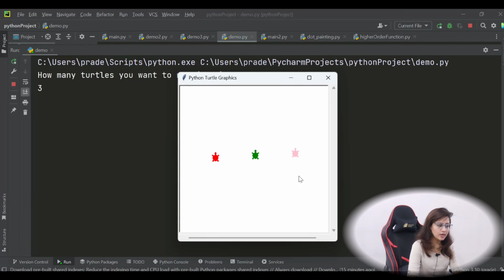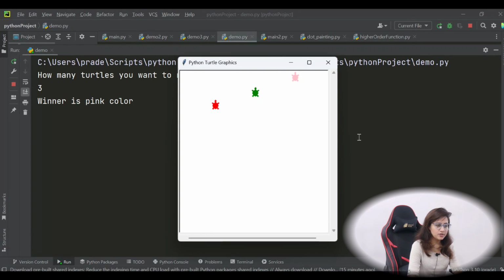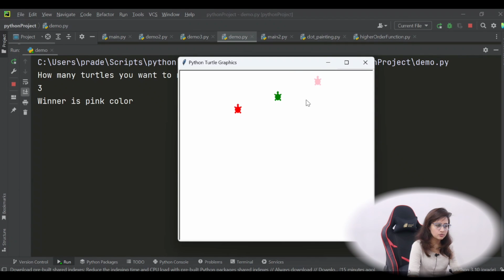there is a screen having 3 turtles, right? And they are going to move at some speed, I don't know how you are going to implement it. But every turtle has a different color. One is red, green, and this one is I guess pink. At last, after reaching this line, it will show the winner is the pink color turtle, or something like this. So this thing you have to implement,